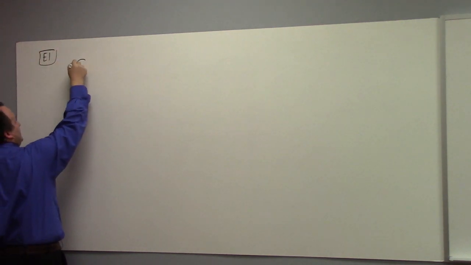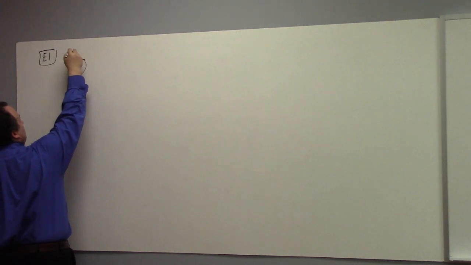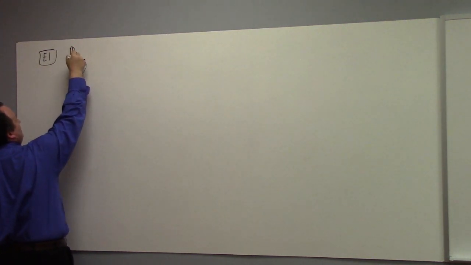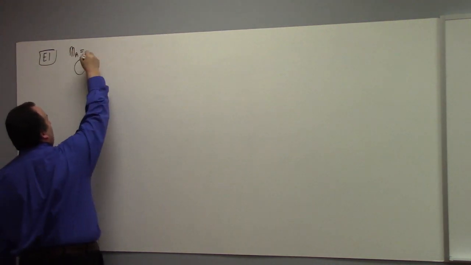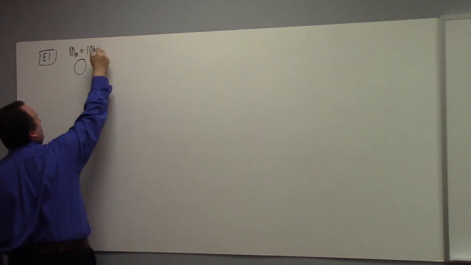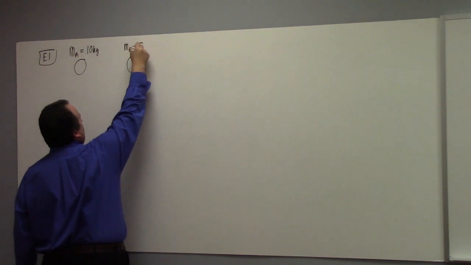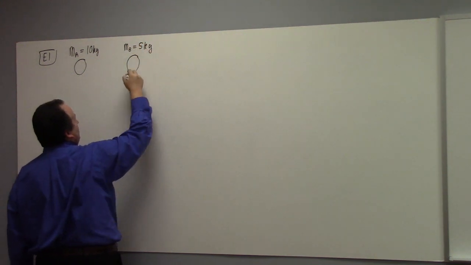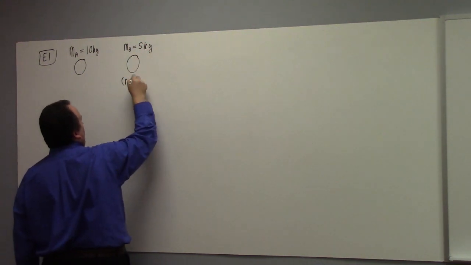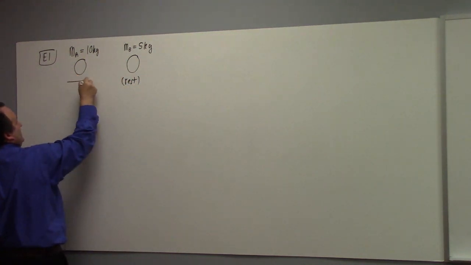Amen. Let me start with example 1 here, which will be the thing we were working on at the end of class. Can you guys help me remember exactly what the situation was? What was mass A? 10 kilograms. What was mass B? 5. And this one is at rest, is that right? And this one is 10 meters per second.